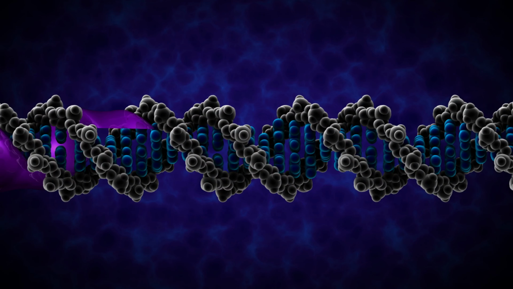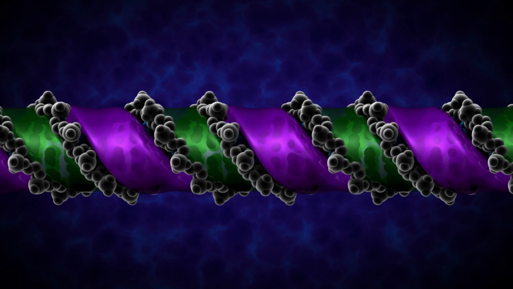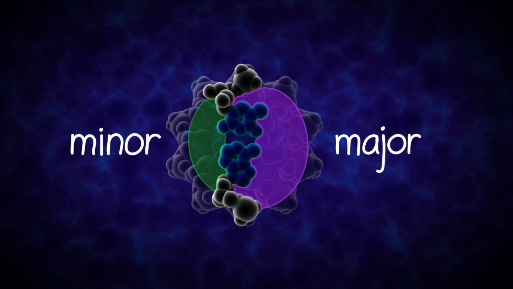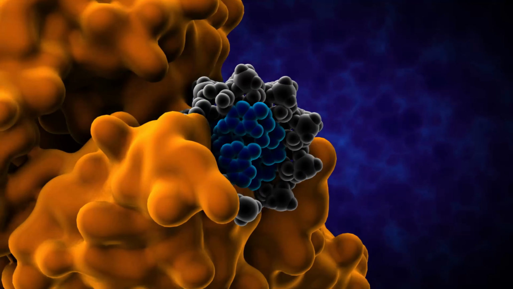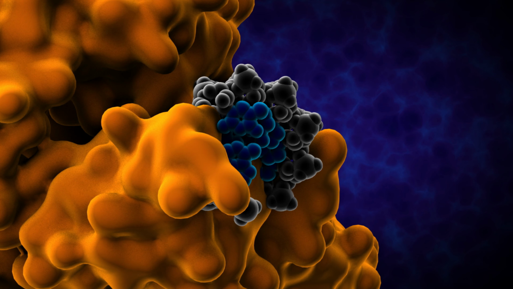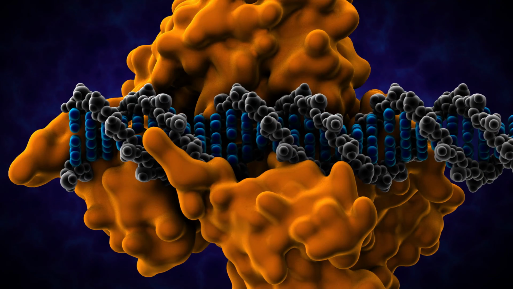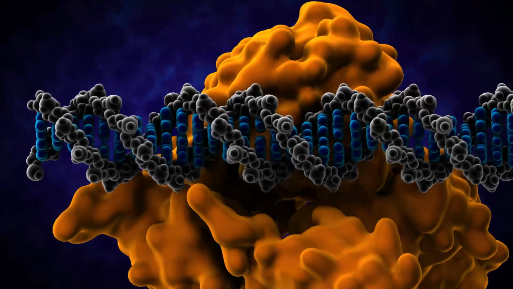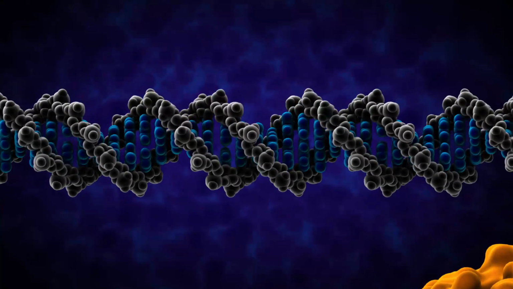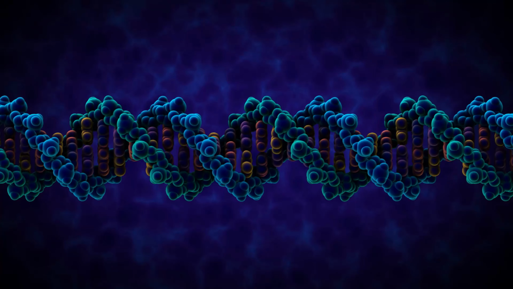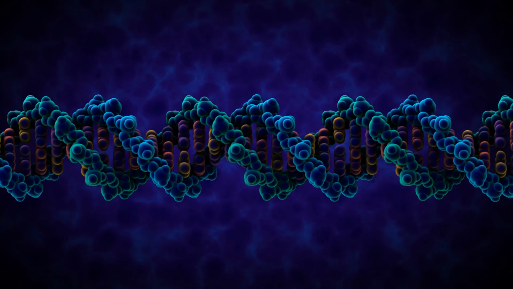The regularity of the helical structure forms 2 repeating and alternating spaces, called the major and minor grooves. These grooves act as base pair recognition and binding sites for proteins. The major groove contains base pair specific information, while the minor groove is largely base pair nonspecific. This is because of the patterns of hydrogen bond acceptors and donors that proteins can interact with in the grooves. In this way, the DNA can be acted upon in either a sequence-specific or non-sequence-specific manner, allowing proteins to position themselves correctly in the genome to carry out their designated tasks.